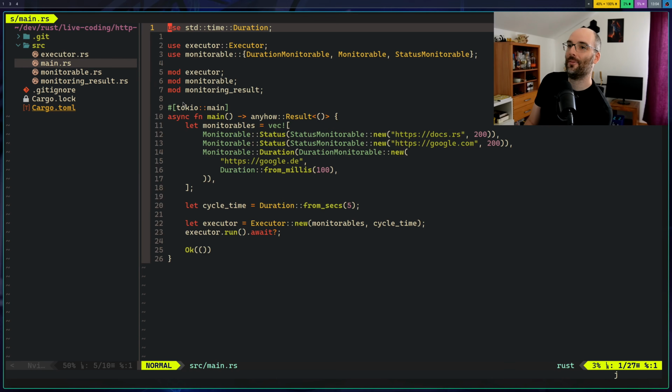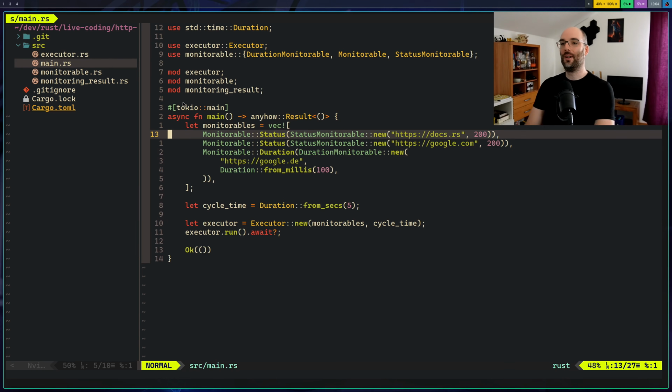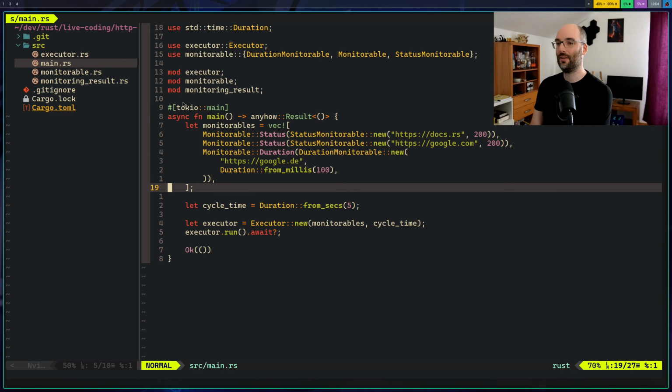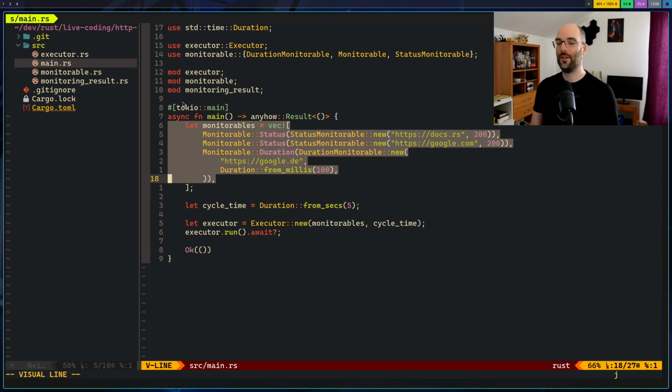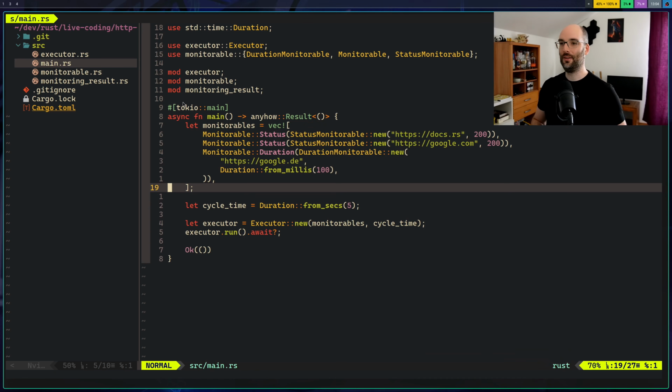Good. Step number 1 already completed. We can right away see that things have gotten a lot cleaner in my opinion. So setting up the monitorables now doesn't need any kind of post-processing, which would be creating the structs first and then packing them into some traits and whatnot.